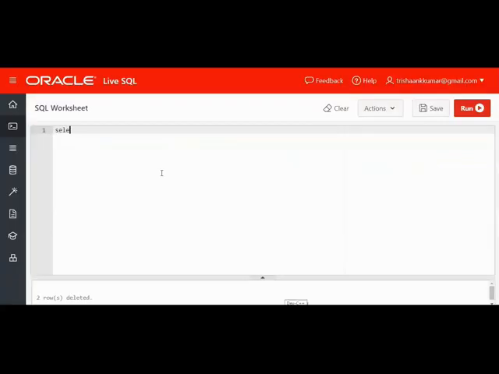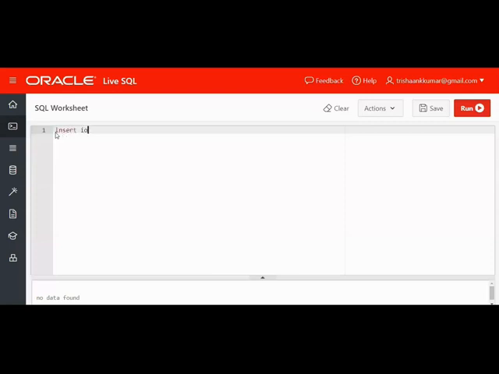See friends, I have a table called sample1. Select star from sample1. If I execute this, the table is empty. So traditionally, how can you insert? The conventional way of inserting the data is using insert. This table has 2 columns that I have already created. The sample1 table has 2 columns, an ID column and a name column, with number and character data types.